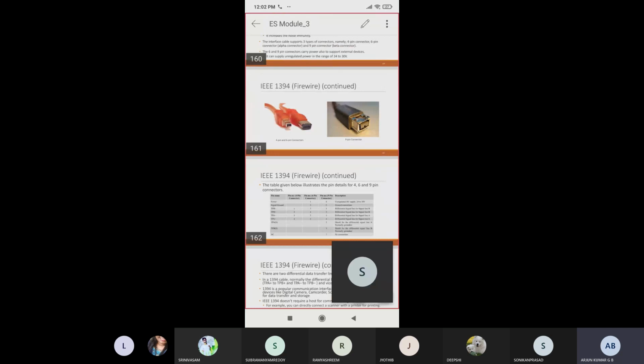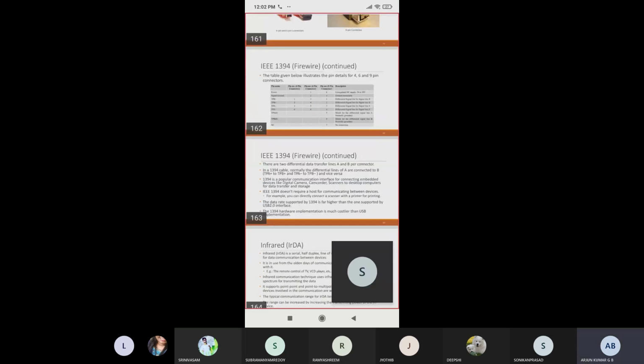Coming to the pin configuration of IEEE 1394. There is a power supply connection pin, which for the 6-pin and 9-pin connectors will be pins 1 and 8. We get the unregulated supply, unregulated meaning a constant supply voltage for that particular wire. You should give a constant supply voltage up to 24 to 30 volts. And then pin number 2 for the 6-pin connector and 8 for the 9-pin connector you can use for the ground connection.